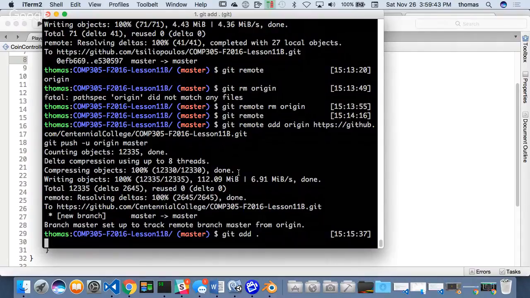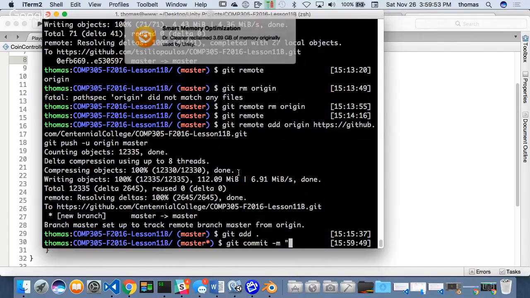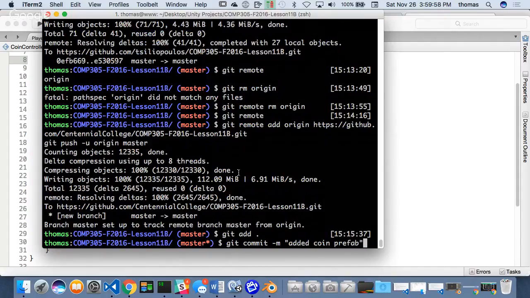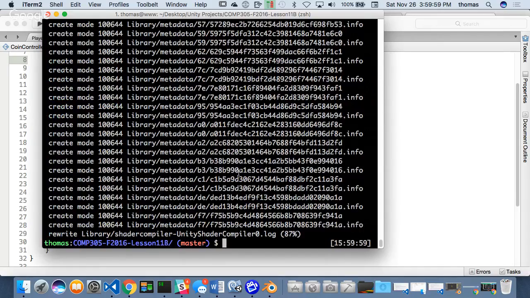That's a lot of stuff. That's a crazy amount of stuff. That's taking a long time. Git commit -m, and I'll say added coin prefab. That's what we've really done. Then git push